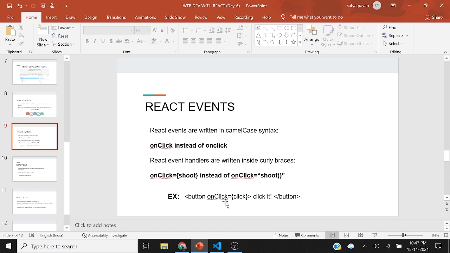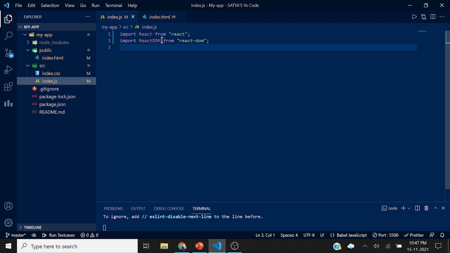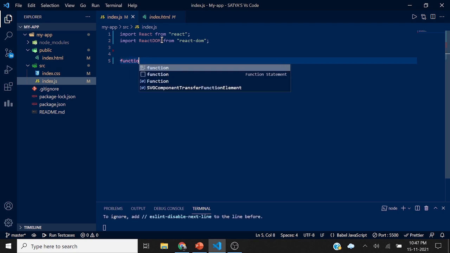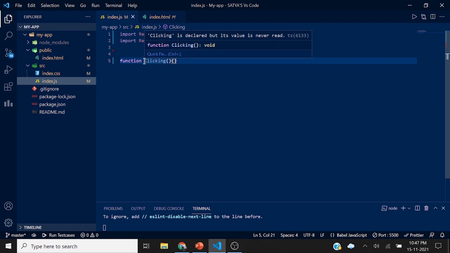Now let's see an example so that we can understand it in a better way. These two statements are common for every code. Now let's create a component function named Clicking. Remember, in a component the first letter should always be capital.